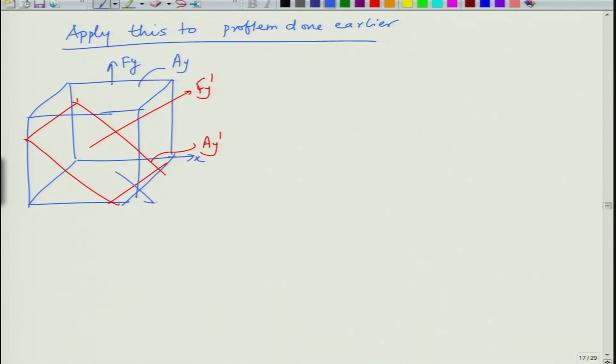This was x, this was x prime, and of course y and y prime are listed there, and this angle was basically, you can say, theta. So now if I go by the same logic that I have applied here, this sigma y prime will become L y prime y square into sigma yy, so basically sigma yy prime. And if you do the maths, L y prime y is the cosine of the angle between y and y prime. So this is basically sigma y into cos square theta.